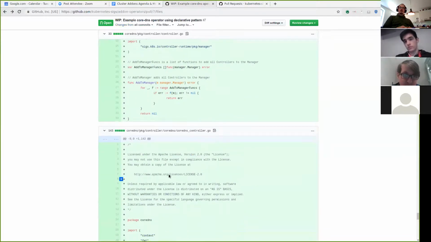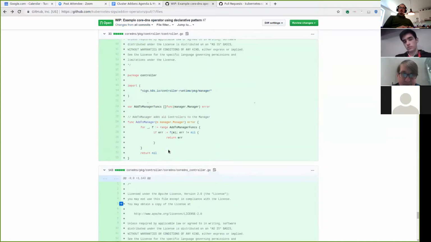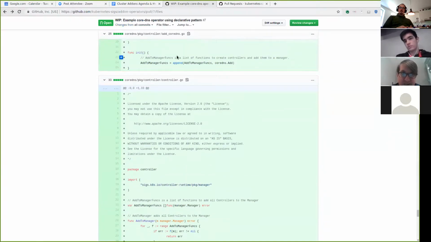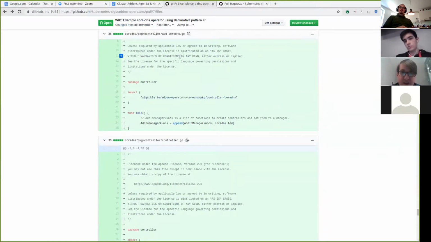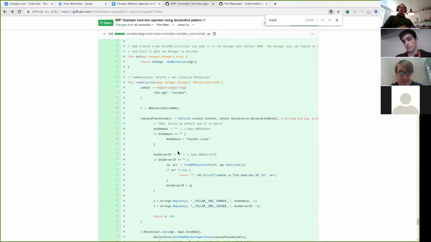Your actual controller itself is in package controller name, and that's easy. But a lot of the number of files comes from this add to manager bit. And the reason that they do that is because, rather than in your main function listing all the